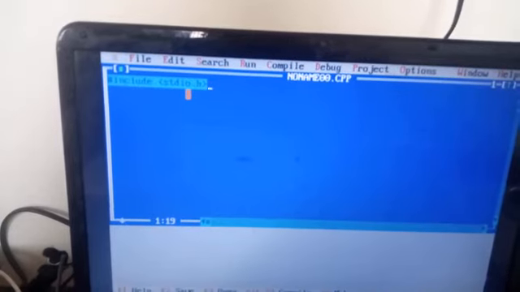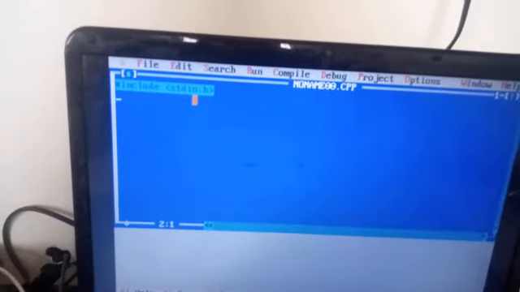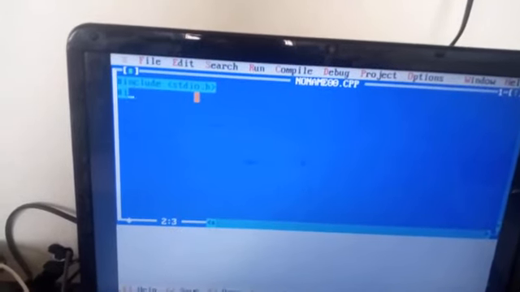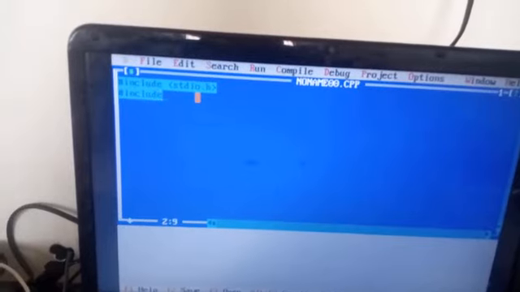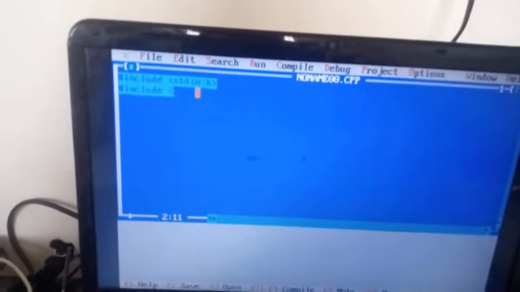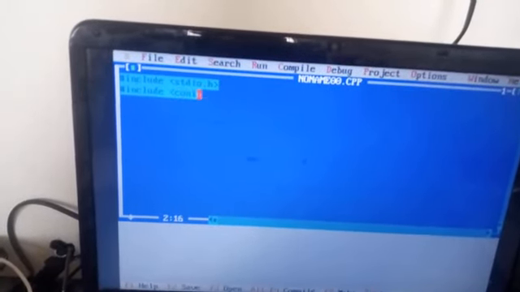Okay, I think all are getting this screen, all able to see, and enter stdio.h, and second is hash include conio.h. This is the console input output.